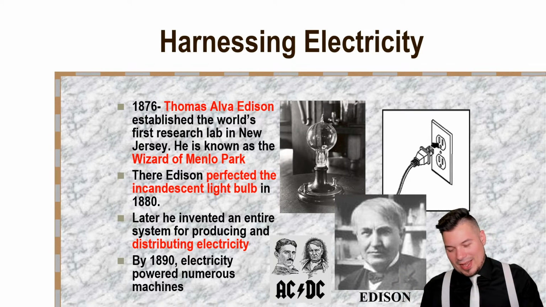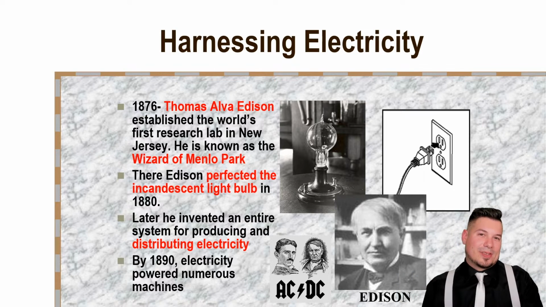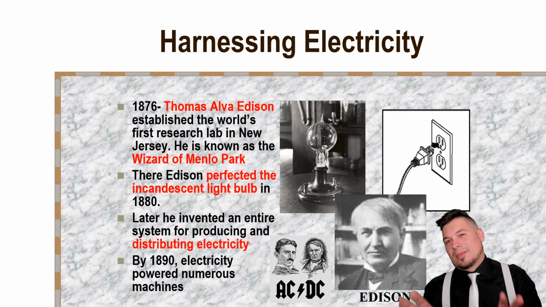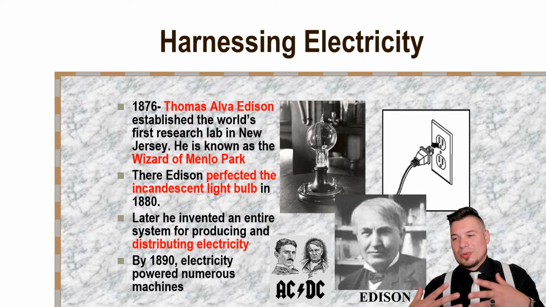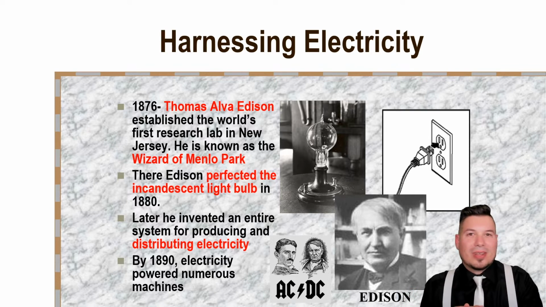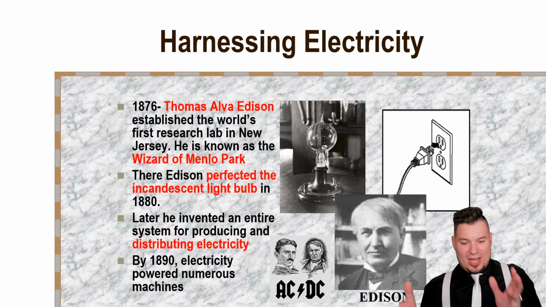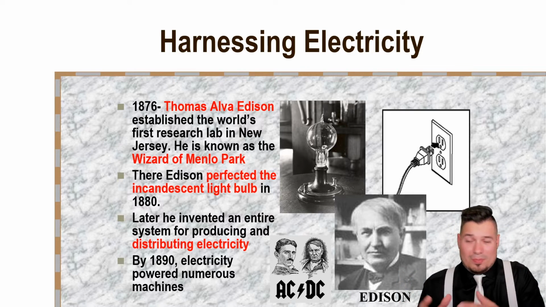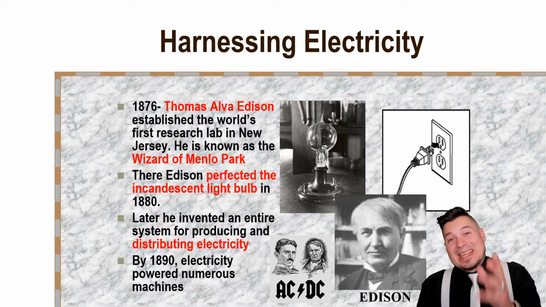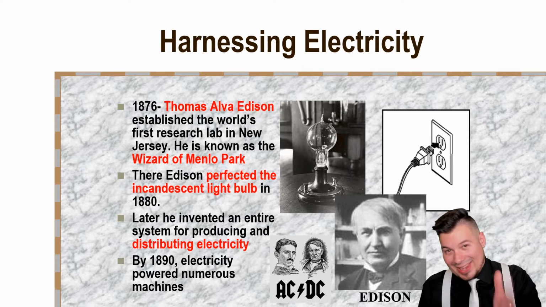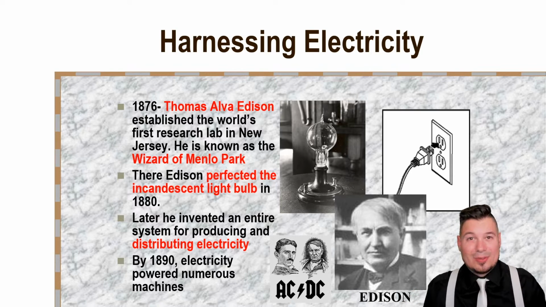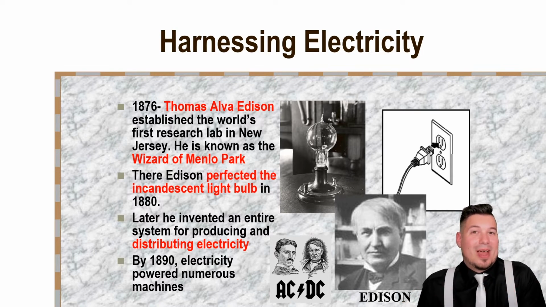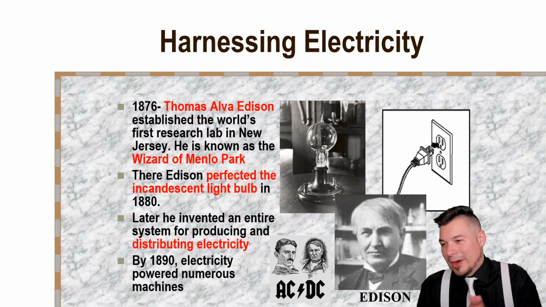So Thomas Alva Edison goes ahead and establishes the first research lab in New Jersey, and because of that, he kind of gets to be known as the Wizard of Menlo Park. It's really this whole research lab that was meant to just go ahead and make new inventions. Now, he was not the only one in that lab. Again, we always credit Edison. However, realistically, a lot of these weren't Edison. It was Edison's team. It was his men that were under him there.